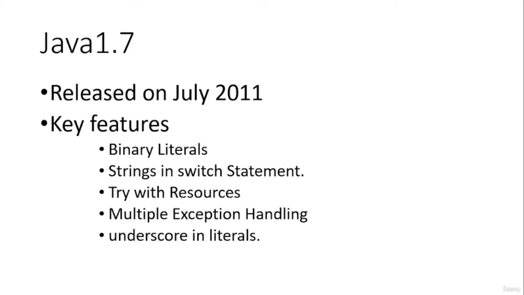Next thing which you need to mention here is underscore literals. Underscore literals allow literals to have an underscore in their declaration. If a long number is there, we may want to separate the digits by keeping an underscore. Java allows us to have underscores in literal values. So we'll explain this in the coming lecture.